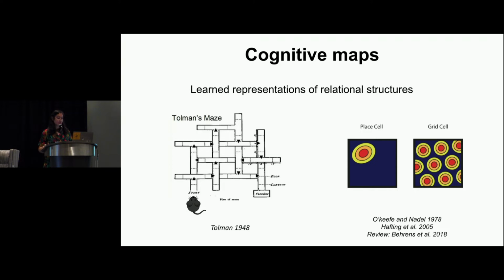Later, 30 years after Tolman's beautiful review in 1948, which reviewed 20 years of research from his own lab and others, O'Keefe and Nadel had this beautiful book on cognitive maps, and 30 years after that, grid fields were discovered. The combination of them showed that there could be a medial temporal lobe underlying, a plausible neural grounding of what Tolman and others had proposed over 60 to 80 years ago, before these things were produced. And as you can see, this is also behavior first, and then neurons come in.